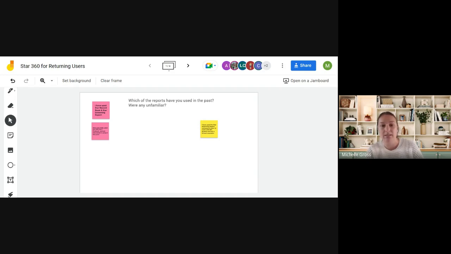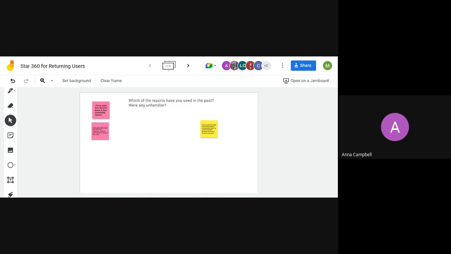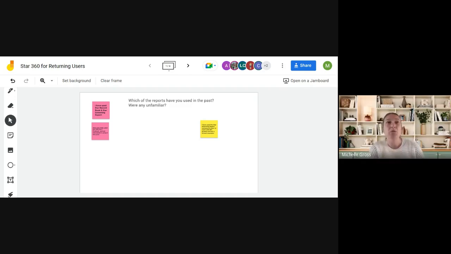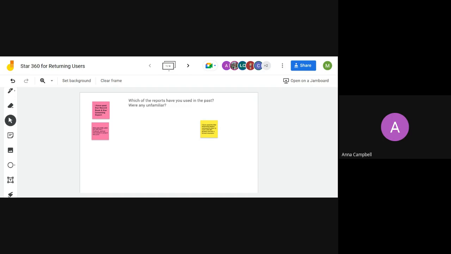Okay. And then is there a way for the instructional planning class report to merge multiple classes into one report? Yeah. So then again, I would create a group for those multiple classes. Once I show you how you can create groups, then you can make any groups you want of whichever students you want, and then you can run the report for that group. Okay, thank you. Yeah, of course.